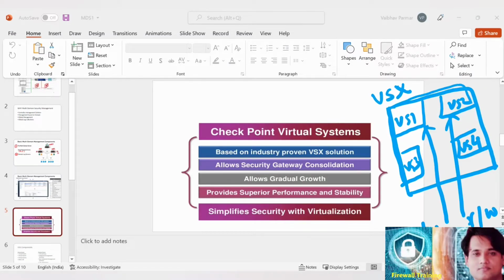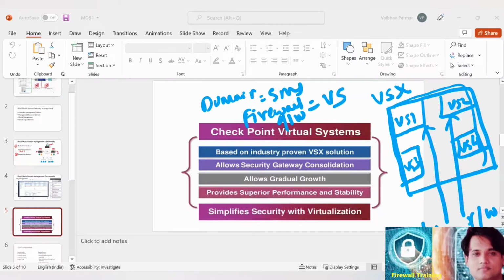So under one box, you'll have different virtual systems, and as I told you, domain equals SMS. You can consider firewall gateway equals virtual system. So one virtual system will act as one firewall, and I'll be showing you what functionality we'll be getting from this one firewall itself. Okay,